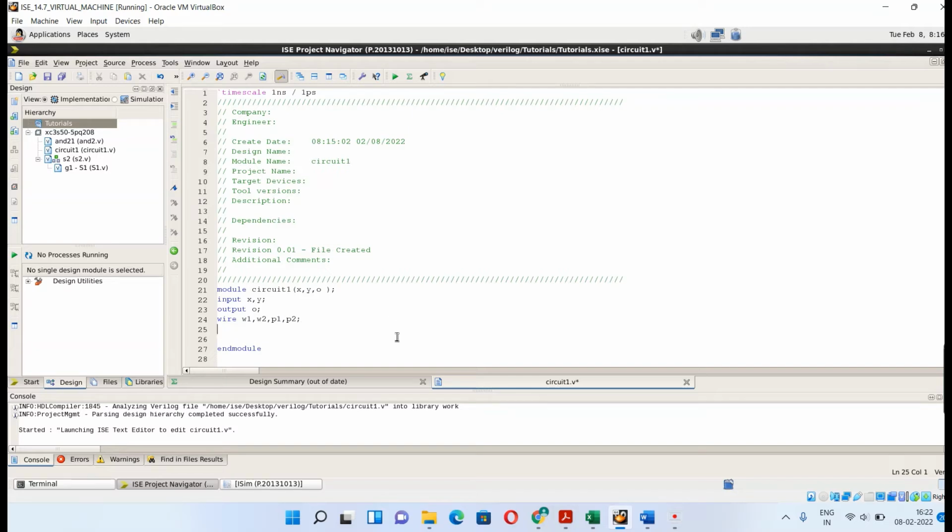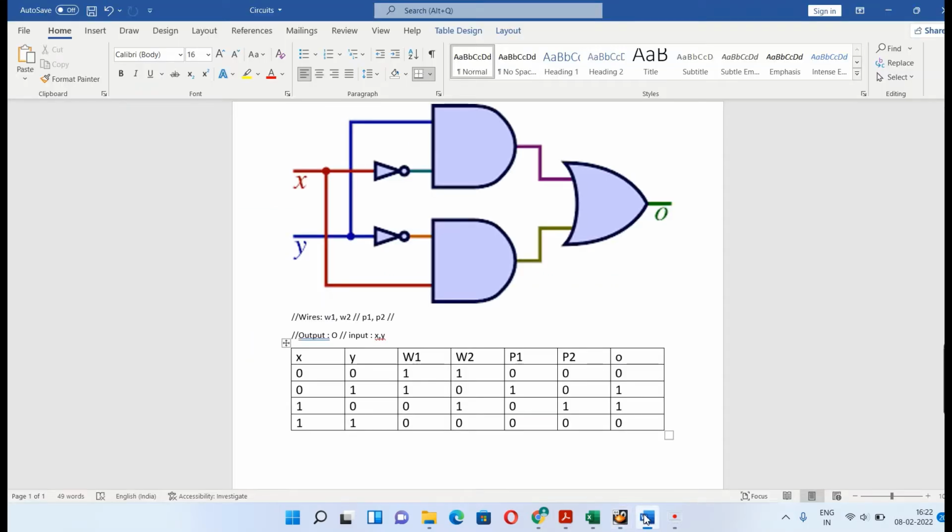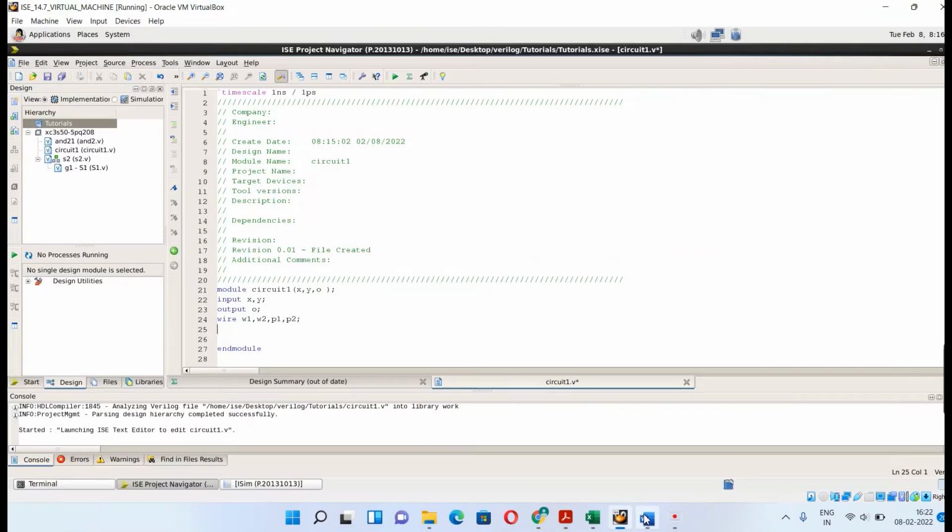So first, we'll go back again to the circuit and we'll see that first we need to invert the X. So one of the outputs, W1, is the invert of X. So for that we will write not, and first we'll give the output that is W1, and the input to this is X. Okay, and again for the second NOT, the output is W2, and the input we are giving to the NOT is Y. Then look at the second stage.